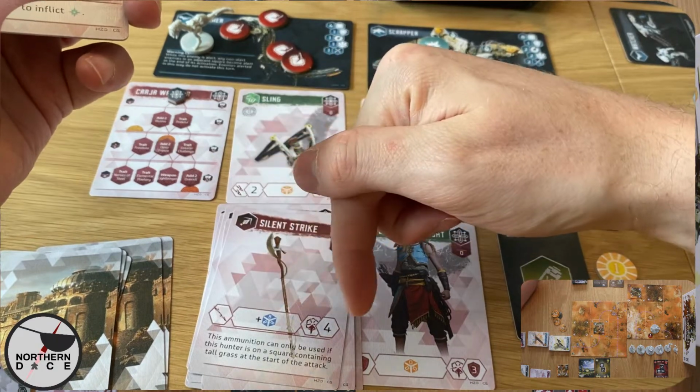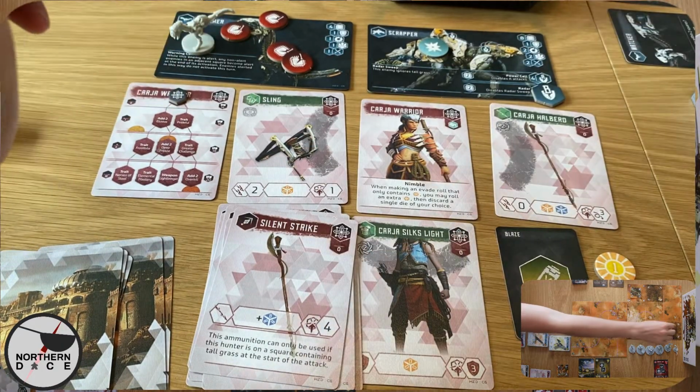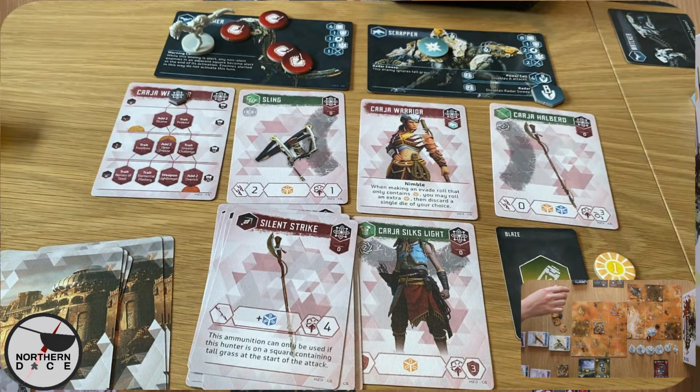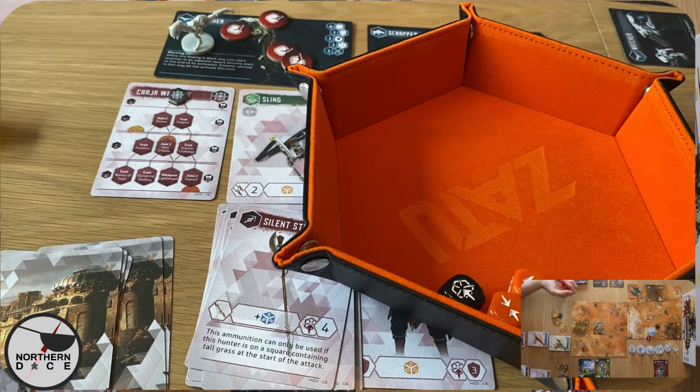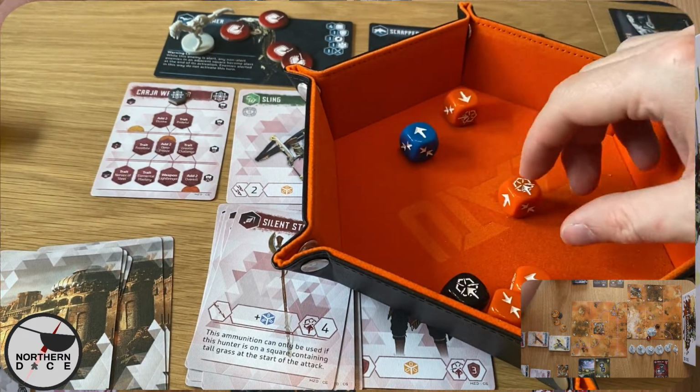This ammunition can only be used if the hunter is in tall grass. We are. So we're going to move out that tall grass, sneak up on him, big hit in his face, take his absolute jaw off, and roll 2 blue and an orange with an extra 2 damage. And he's got no armour against it because of the freeze. This could end very quickly. And it does